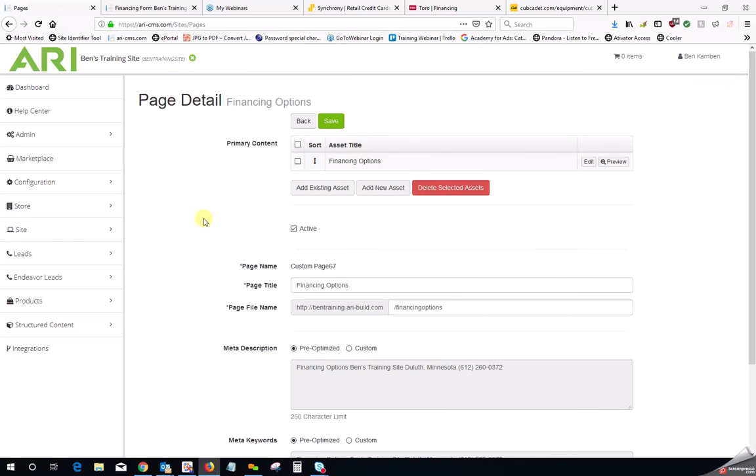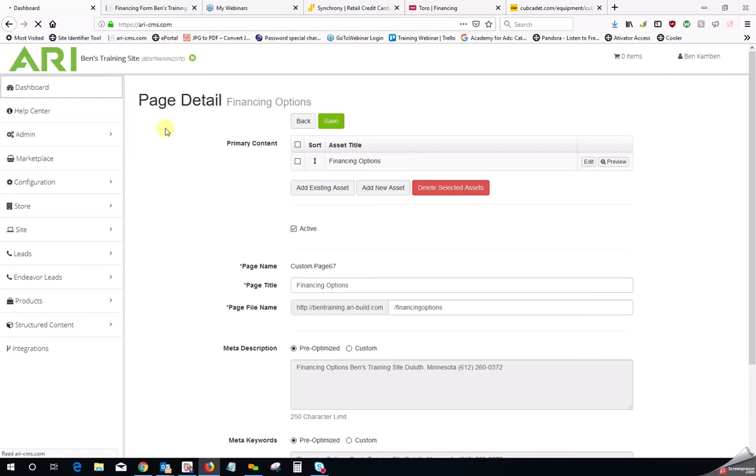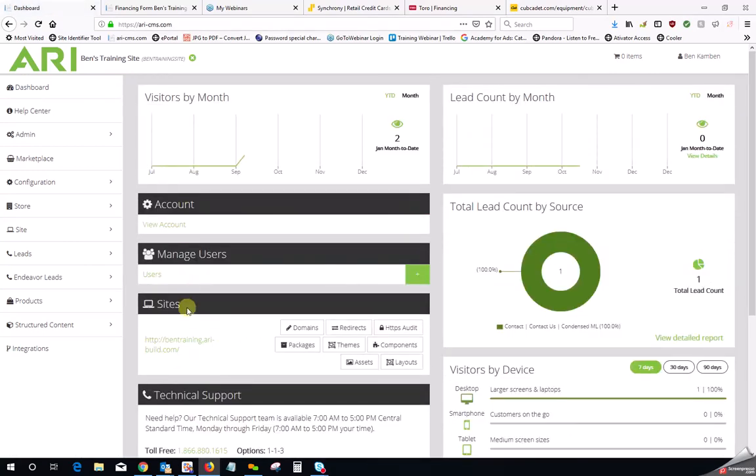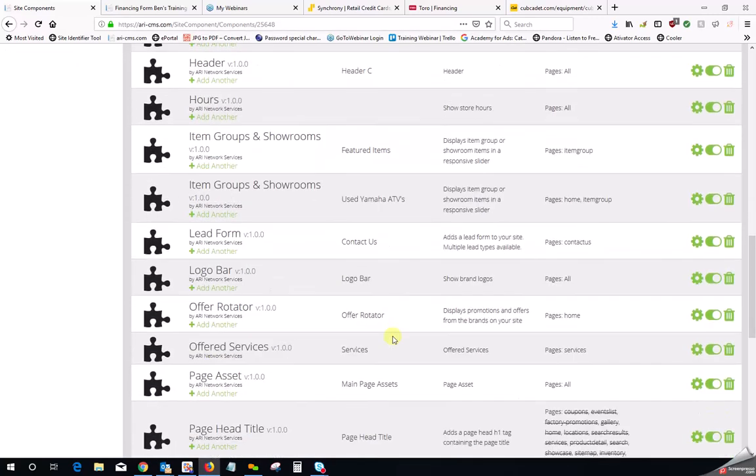And now that we've created this custom page called Financing Options, we will want to link the inventory's "click here for financing" to this new Financing Options page. So let's go ahead and grab the address of that particular page. Go back to our dashboard. We'll go into Sites, into Components, go down to Showcase Home,